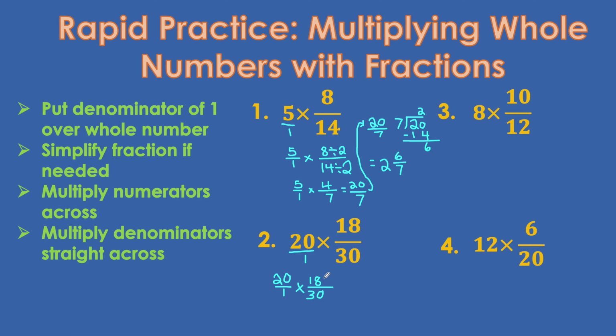Divide top and bottom by greatest common factor, which would be 6. Divide top and bottom by 6. This would equal